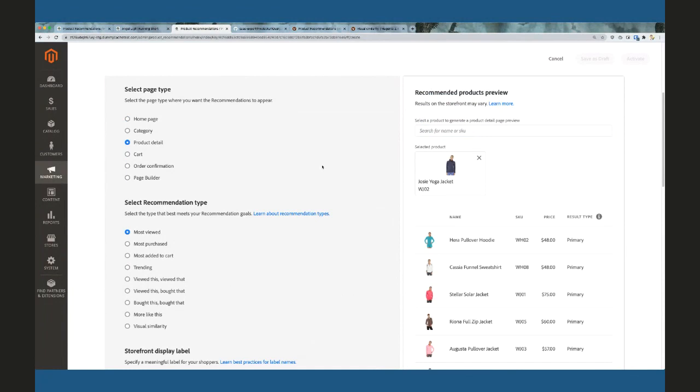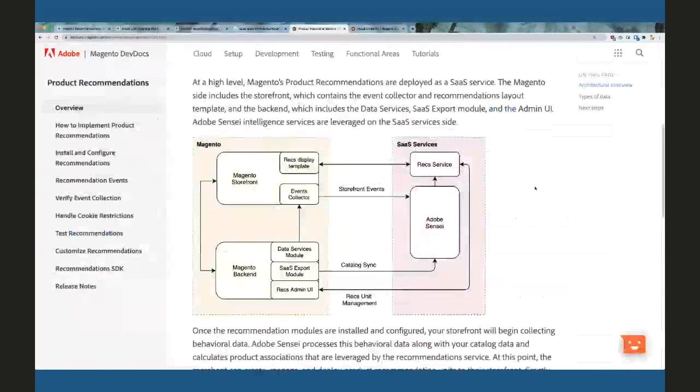So the next thing that I want to talk about that's in flight is something that we've gotten a ton of requests about, which is compatibility of this product recommendations feature with headless storefronts or PWA specifically. So I'll go back to my diagram here. The biggest challenge with that, and it's been a limitation so far because recommendations currently are supported only on Magento native storefronts, was that a PWA or some custom storefront currently doesn't know how to